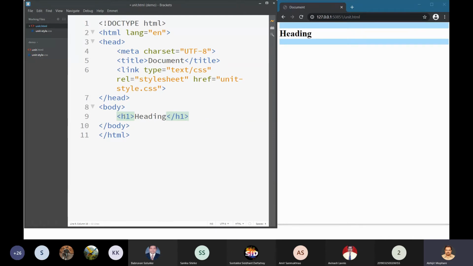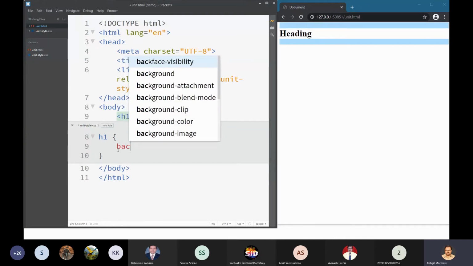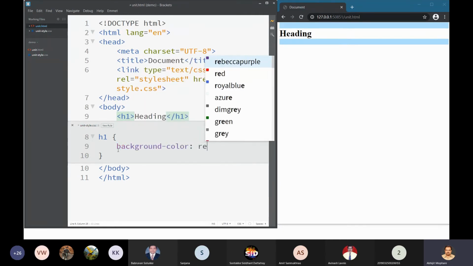Here you will not be able to see the size of this heading tag in the live preview. But if I give the background property, I will press Ctrl E and set a new rule. Now here, if I set the background color property of this h1 tag, then you will come to know what I am talking about.